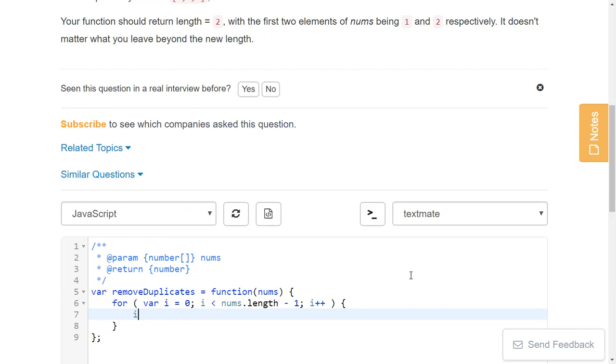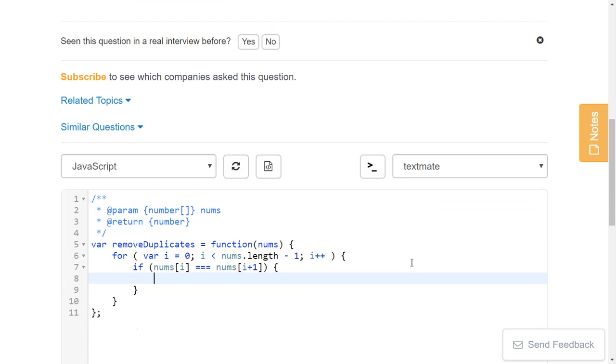And now we're going to check. We're going to say if the current one we're checking, nums of i, equals the next one in the list, which would be nums of i plus 1, we want to basically remove